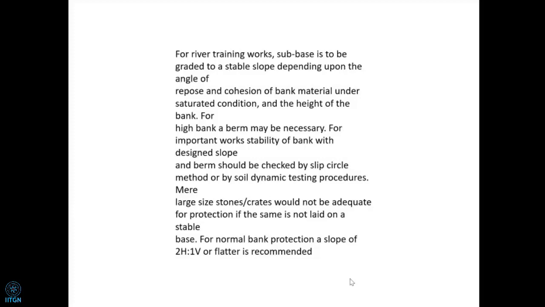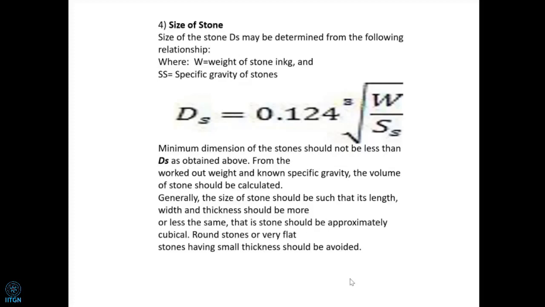In those cases, the arrangement of gabion will not be laid along the slope. It has to be in a different form. That also we will see as we proceed. Then, size of the stone. What is the size of the stone we are going to use on the slope? First, there is a formula. ds is obtained. Minimum dimension of the stone will not be less than that, that is the size of the stone. Where S is the specific gravity, we already have the W, which is corrected for the slope. From that, the ds can be calculated using this.